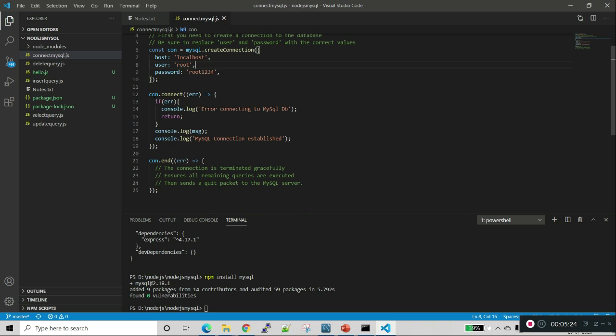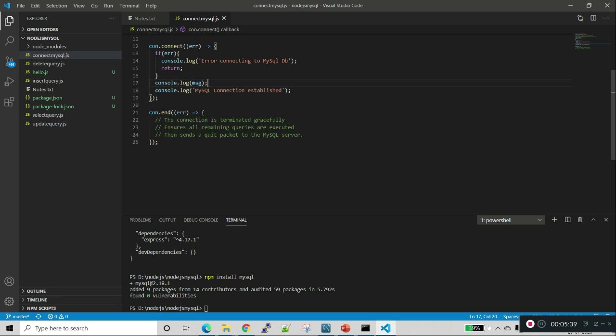Then if there is any connection error, I am giving a log message, error connecting to MySQL database, and if the connection is established, it will give the success message. When the connection fails, it will gracefully terminate.